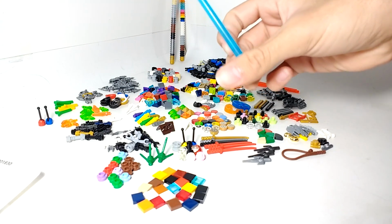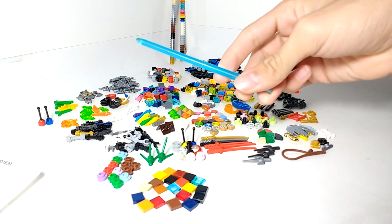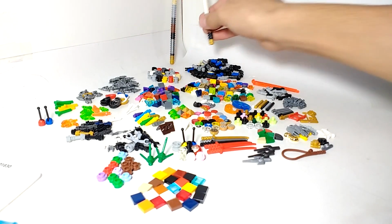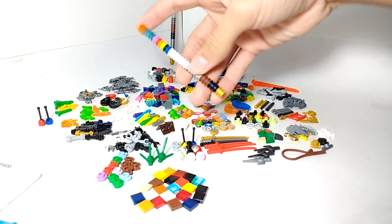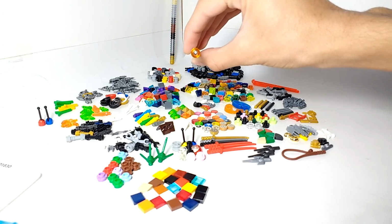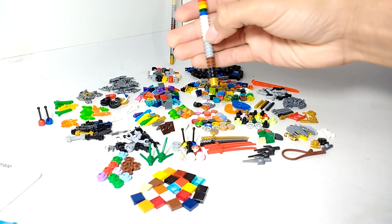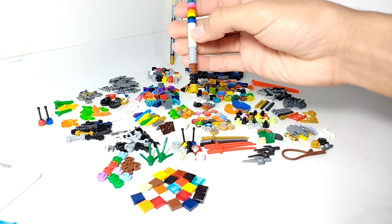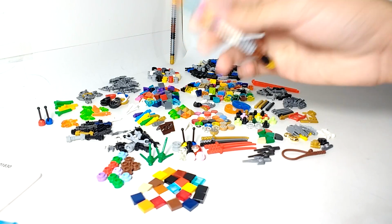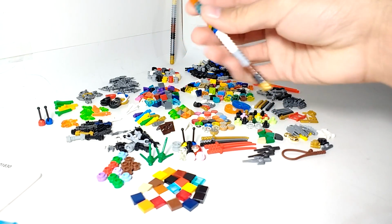I believe I got an extra one of these in Rey. I'm not entirely sure why, but I guess I got one. And then all of these studs right here, these are not just normal studs. All of these are hollow studs, so you can see through all of them. I've just always had an interest in these hollow studs. I think maybe because they used to be harder to get when they were first released, but now you can